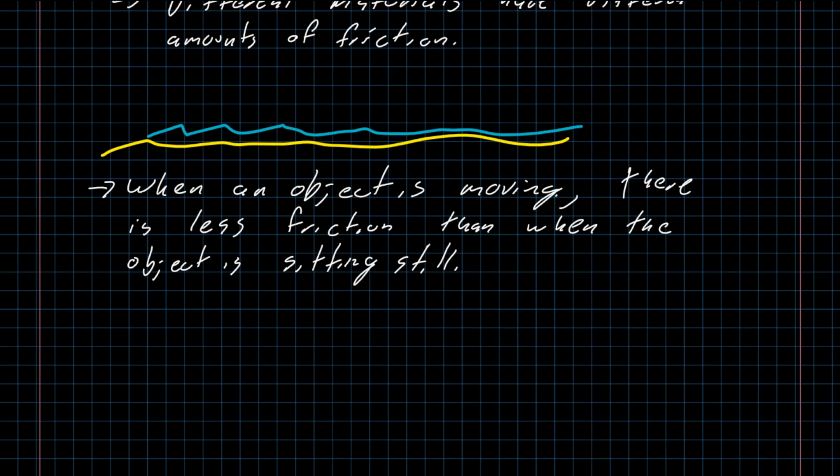When we have the object moving, we're going to refer to that as kinetic friction. Right? Kinetic is the technical term for stuff is moving. And then when the object is sitting still, we're going to refer to that as static friction. Right? Static is the technical term for what we would probably call stationary, more likely. And coming back to that first simulation,